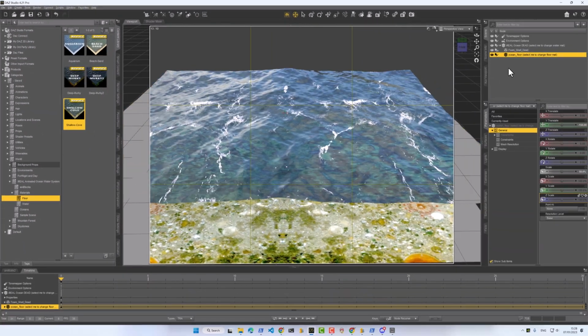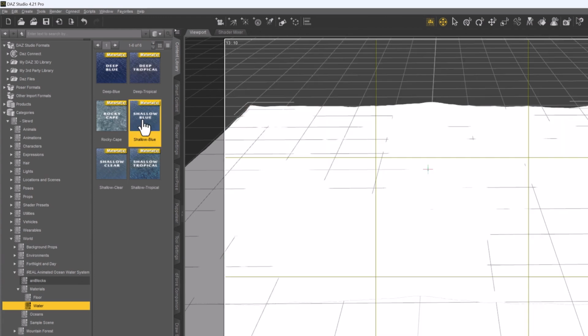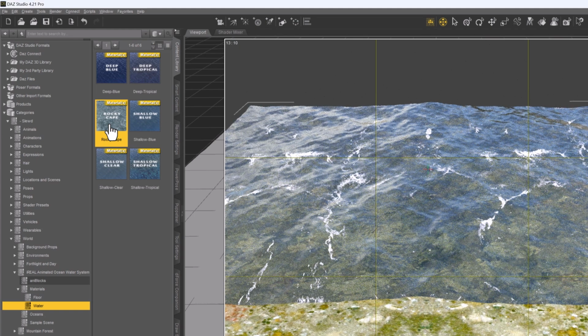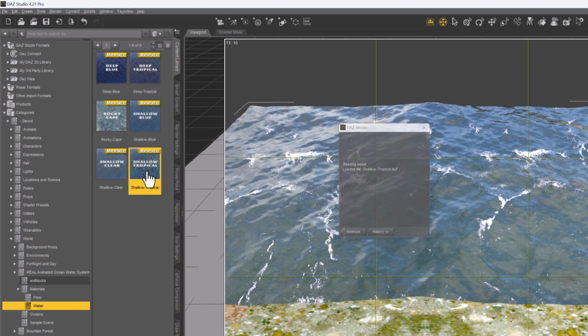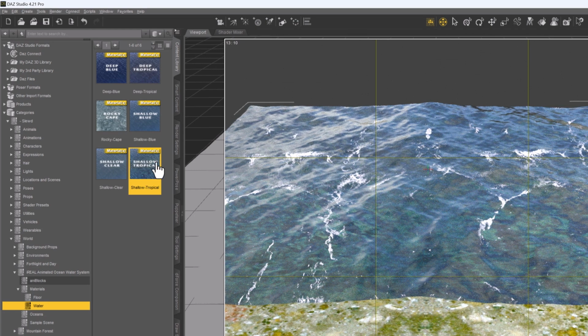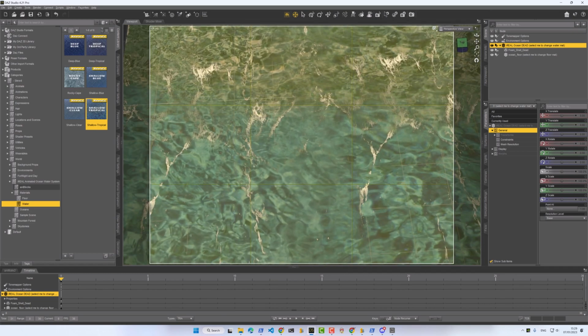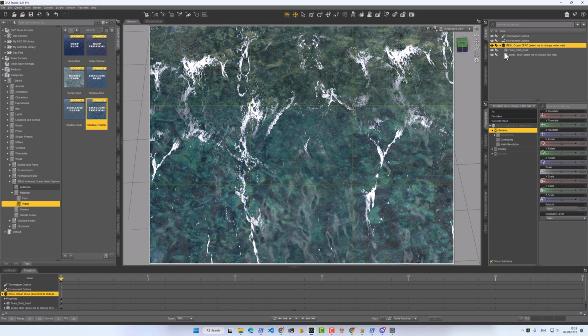And for the water texture, so many good choices to choose from, and I'm actually quite impressed by the level of realism these provide. But to move things along, I'm just going to pick Shallow Tropical. It's winter right now, and the thought of a tropical sea sounds like just what I need. Let's distance ourselves a bit and see how that looks. Looks pretty good. Let's go with that and move things along.